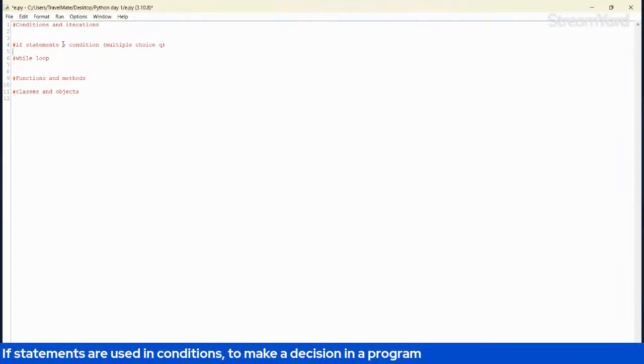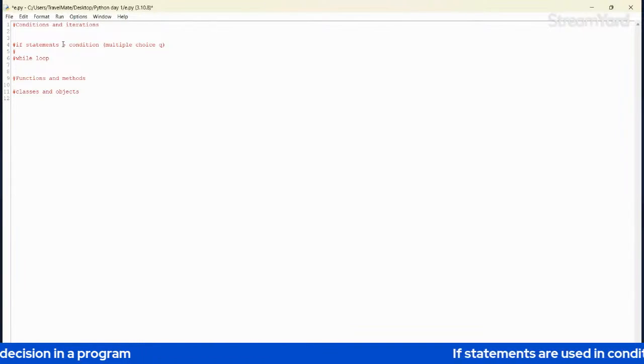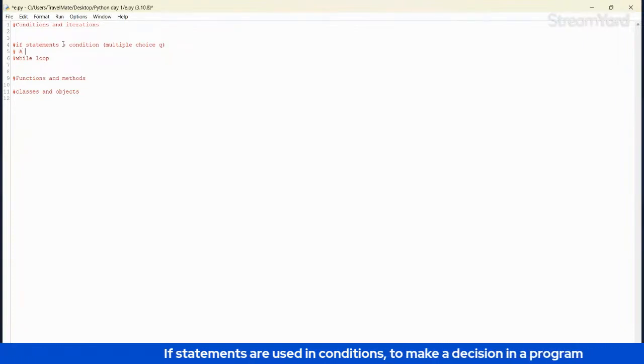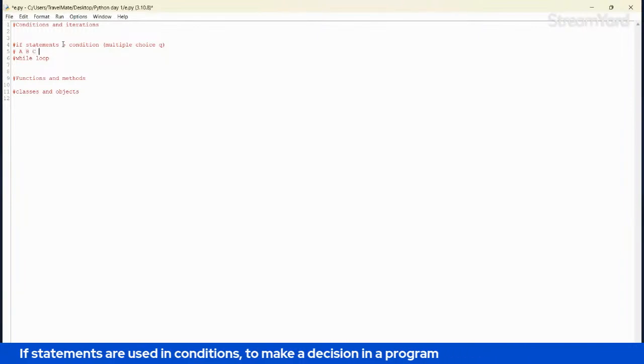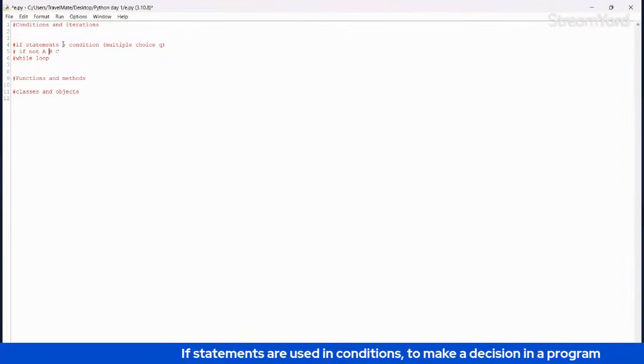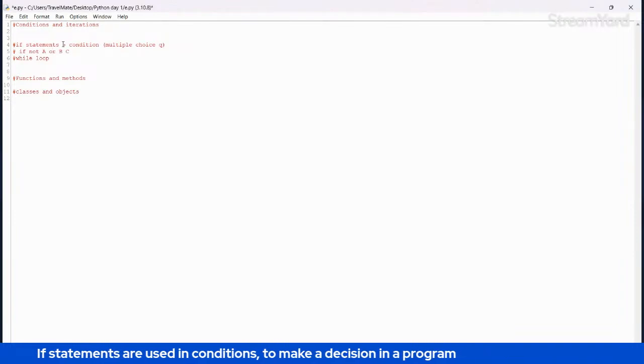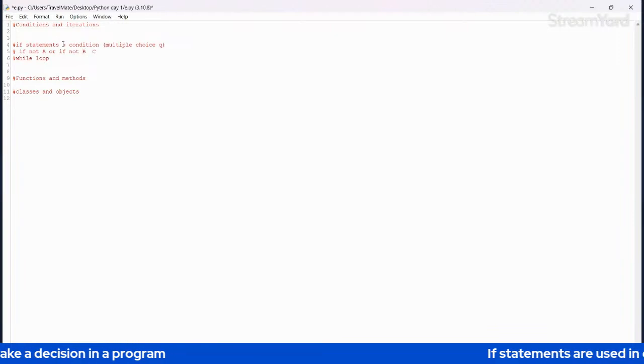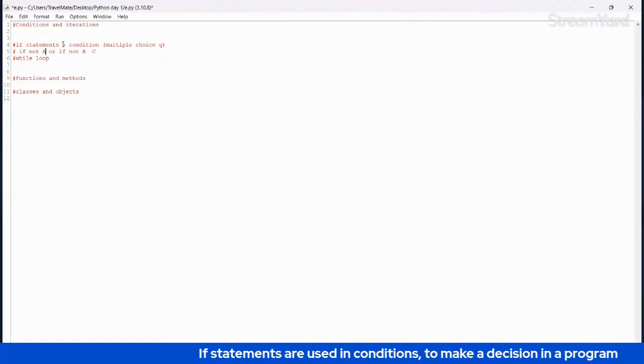So in multiple choice questions, what we usually have is option A, option B, option C, option D. Actually, let's just keep it to A, B, and C. Let's just say if it is not A, then it has to be B, or if it's not B, then it has to be C. This is just shorthand code.